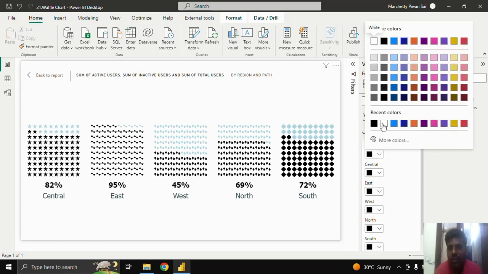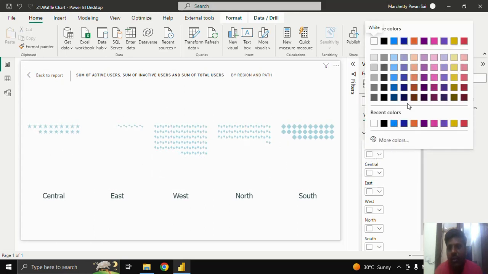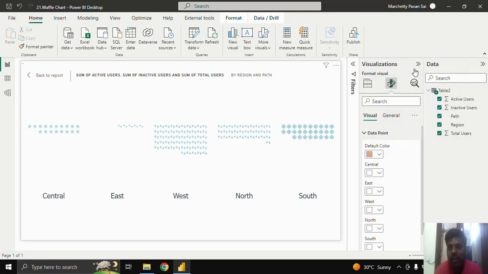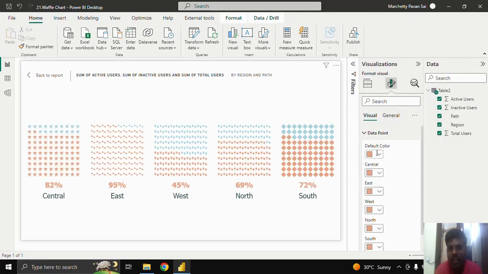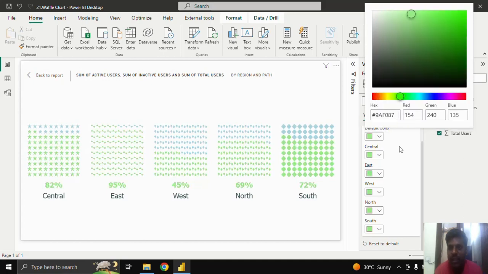Okay, so if you want to keep it white, then keep it white, or if you want to keep it any other color, you could keep it. Actually white does not represent the values, so you could keep any darker color where it helps you represent better. I'll keep this green or red color. Okay,